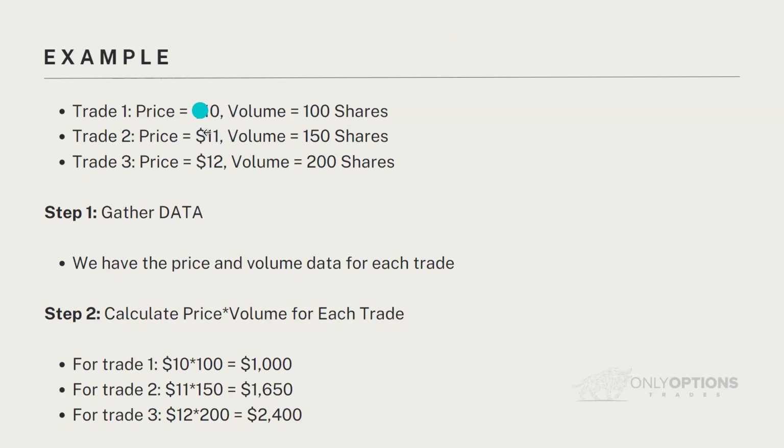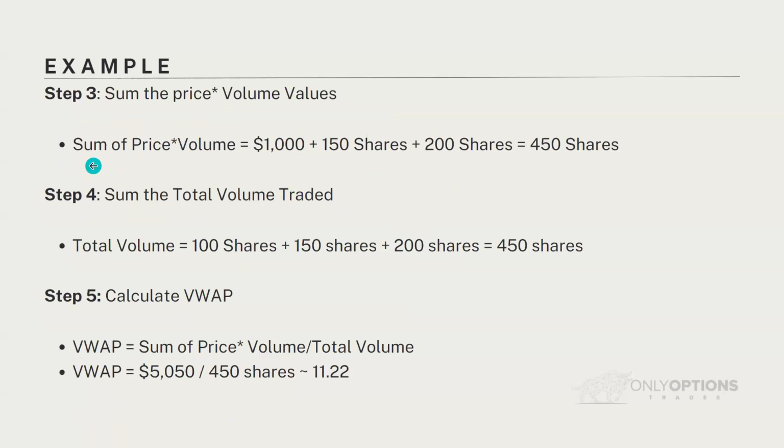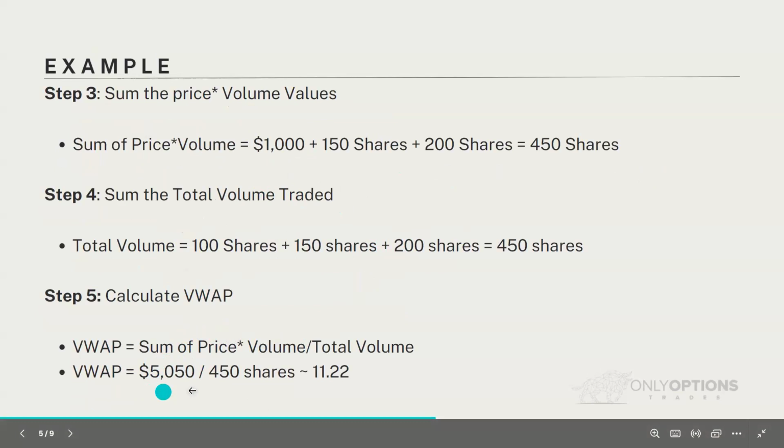If we just divide these prices by 3, we're only going to get the average price. And if we divide only the volume, it's just going to give you the average volume of shares. But how does the VWAP do it? So we have a simple formula: we sum all the values traded, and then divide the sum of the price times the volume by the total volume of all the shares. And we have that our average is going to be 1122.